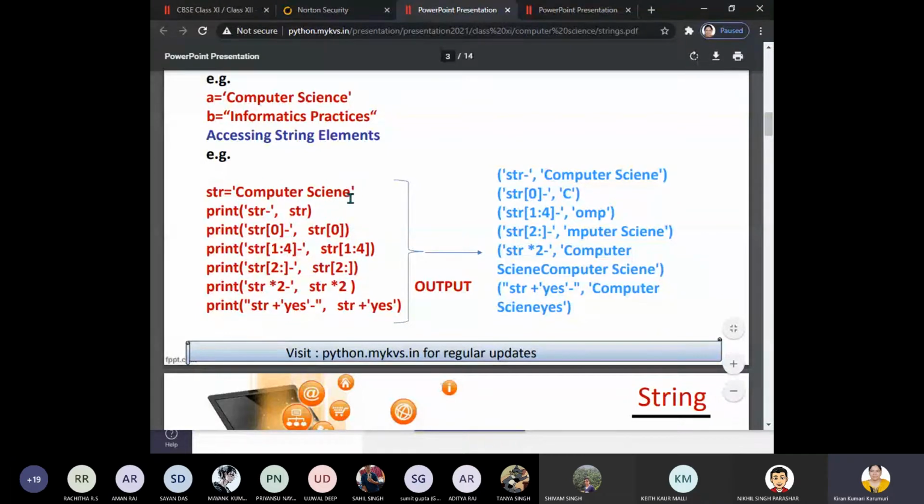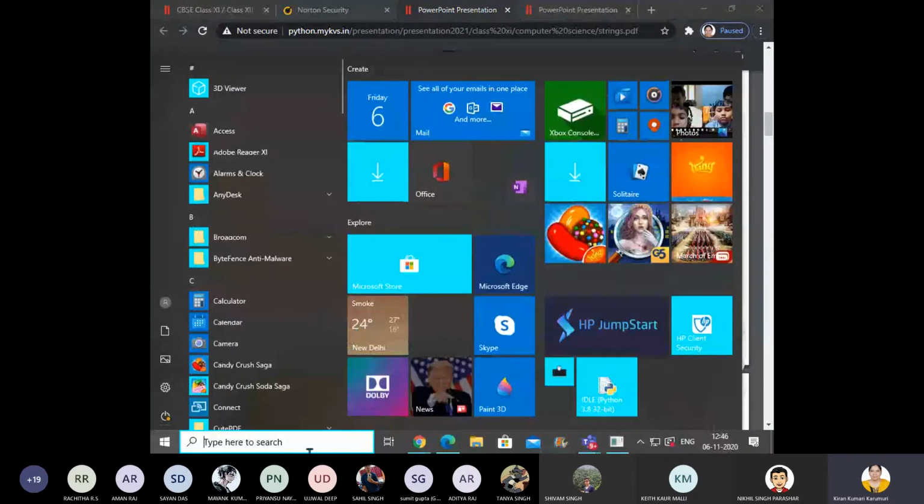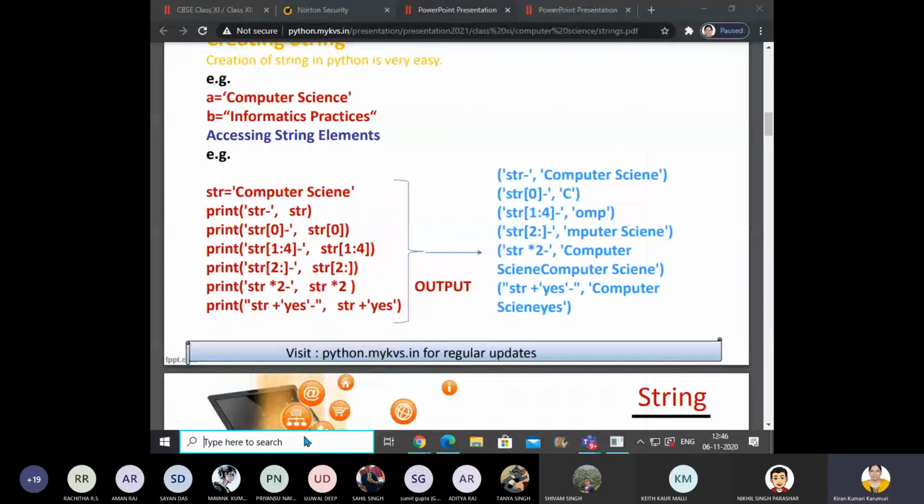Negative indexing starts from -1, that is the rightmost character, to minus length of the string. Right. So now let me show you how to get the reverse of the string using slice operators.